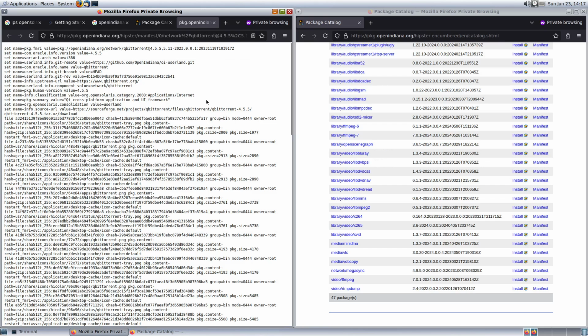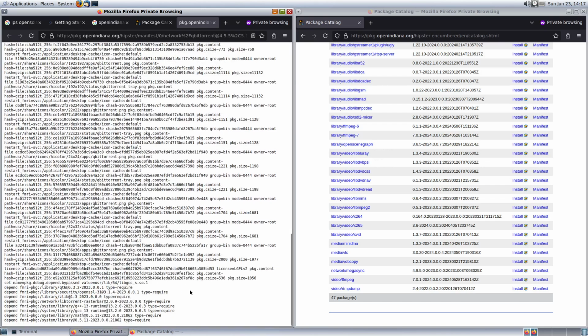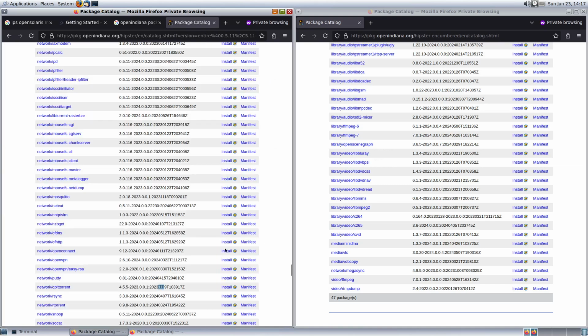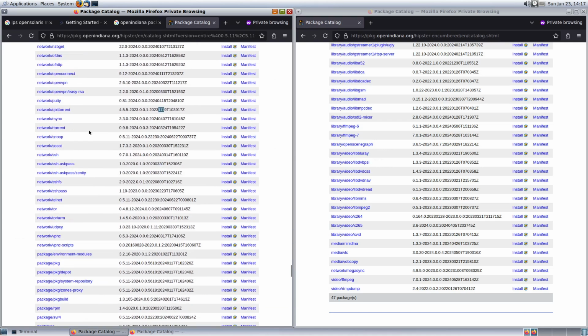How do we find out? Qt 6, this one. So it depends on at least Qt6 version 6.3.2, whereas the latest version available in OpenIndiana is Qt6 version 6.6. The OpenVPN server client, SSH client,